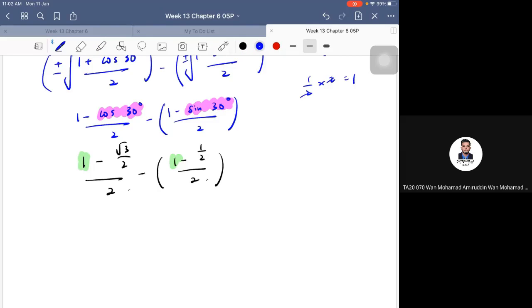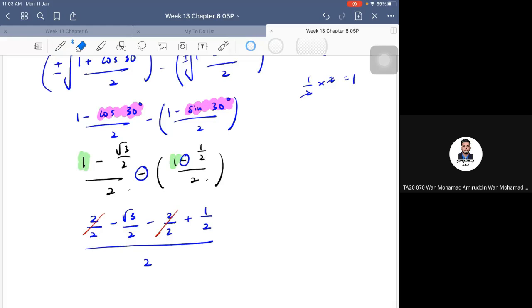So I'm going to write this as 2 over 2 minus square root 3 over 2 minus 1 plus, sorry, it's not going to be plus, so it's going to be minus, so this is going to be 2 over 2, not square root 2 over 2, and then I'm going to have plus 1 over 2. So sebab kat sini adalah negative and negative, so it's going to be 1 over 2. So everything is going to be divided by 2. And of course, these two, they're going to cancel each other. So what happened is that I will end up with,